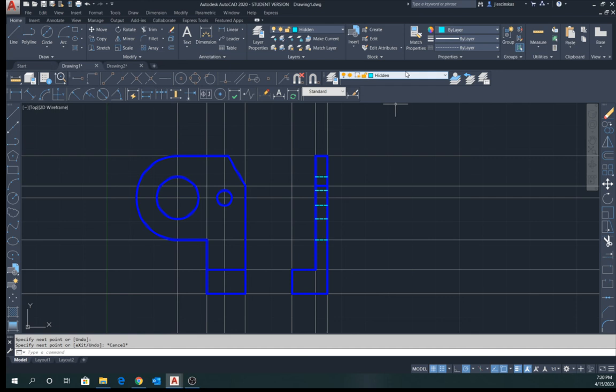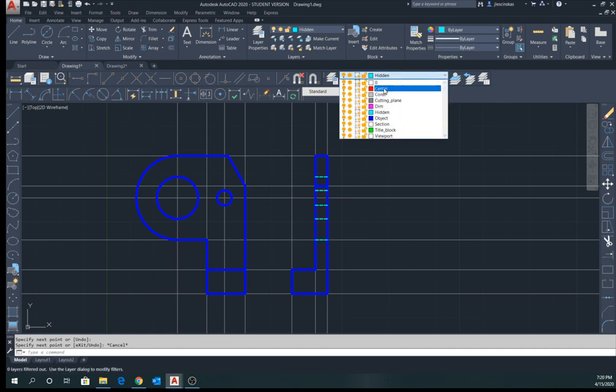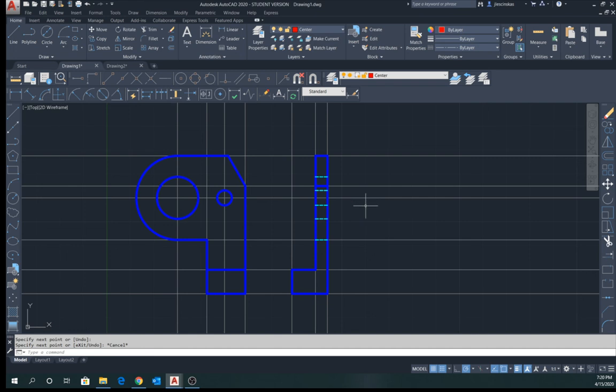What does tell you that, though, or what gives you an idea that that's probably what's going on, is when we put in a center line, because we're only going to add one center line. If there were two separate holes, then we would have to add two center lines. So to add the center line, I've changed the layer to the center layer. I'm going to start with a line, and then I'm going to use a snap from. The reason I'm going to use a snap from is because I want to start the line not at the end here, but I want to snap from some point out here